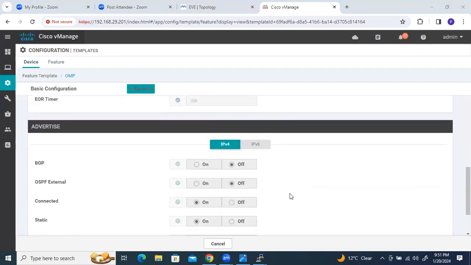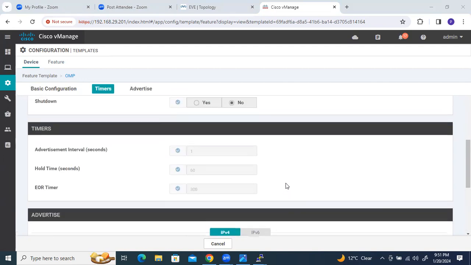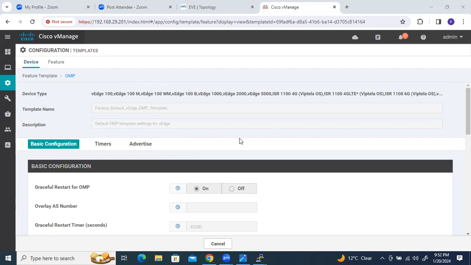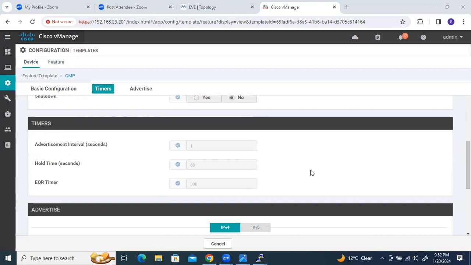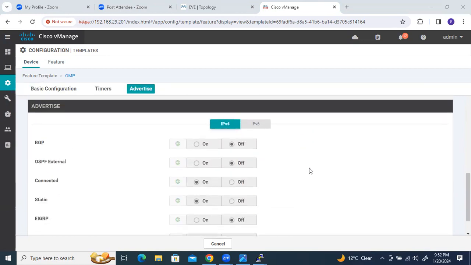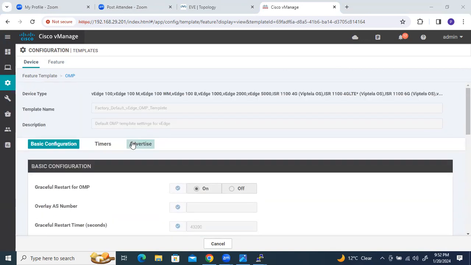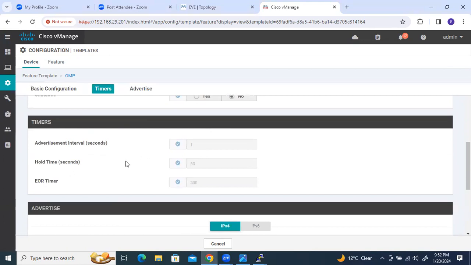So that's from the OMP to the service VPN. From the OMP to the service VPN will auto redistribute, that I told you. From the OMP to service VPN that will auto redistribute, and whatever the route is coming from service VPN, that will auto redistribute into the OMP. So yeah, if your purpose is that you don't want to redistribute,